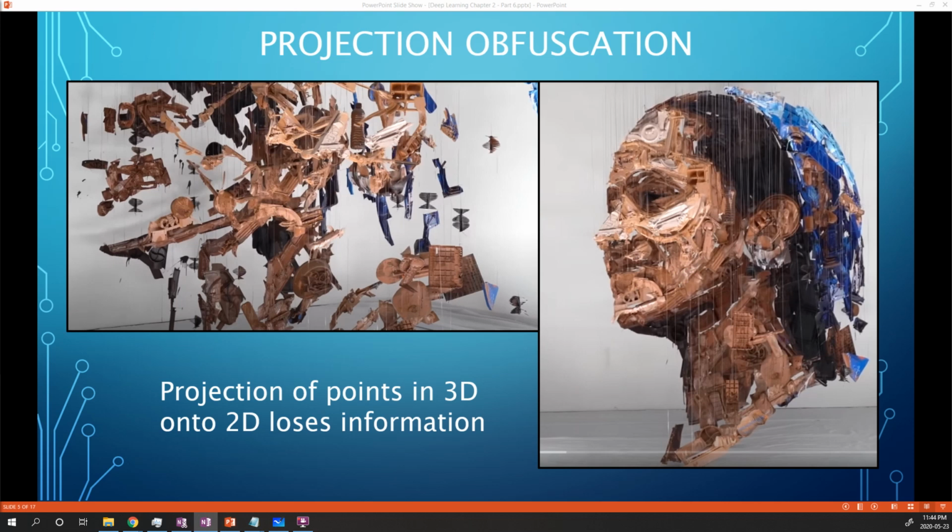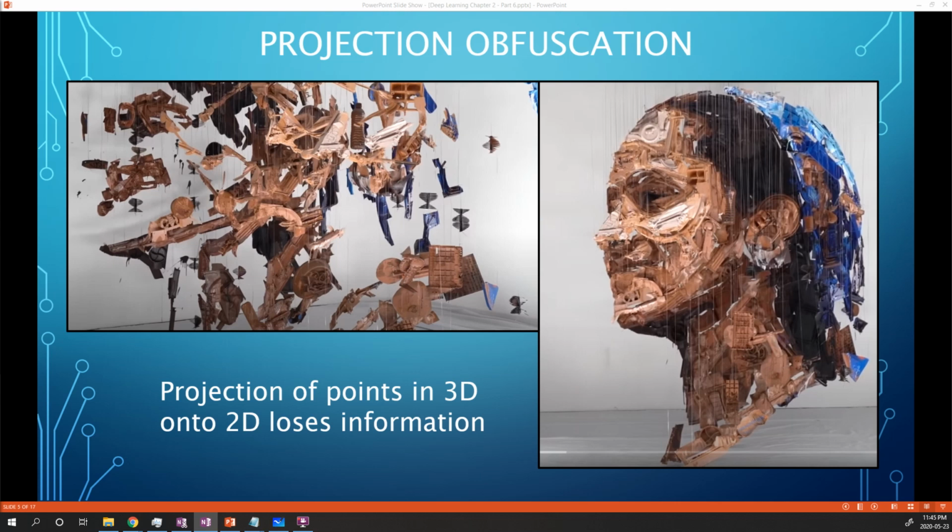The images show an art installation, where objects are hung at seemingly random points in space, but create a meaningful image when projected onto one 2D plane, which is what we see from a certain angle. We see an image as if it were projected onto a single 2D plane. So in the case of the art, the projection onto the 2D plane made the image sensible, but actually, if